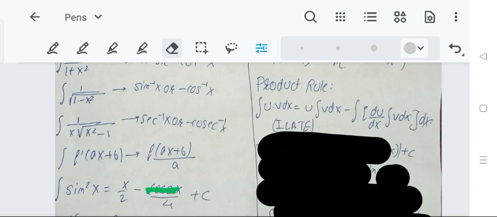And we will see the formula: u times integration of v dx minus integration of du by dx multiplied by integration of v. Similar formula is that